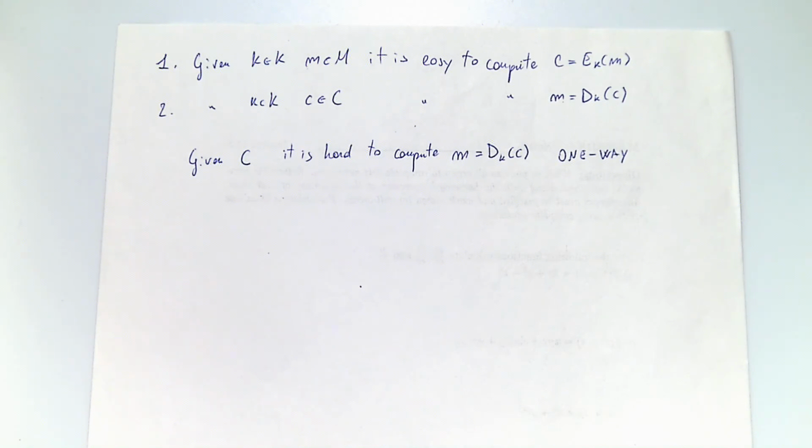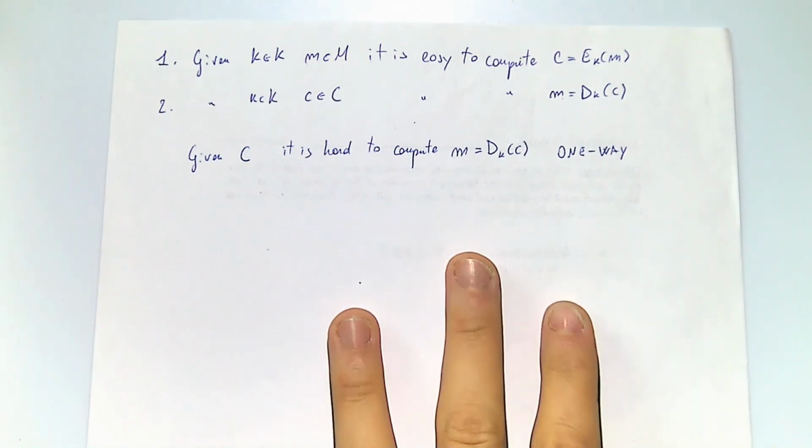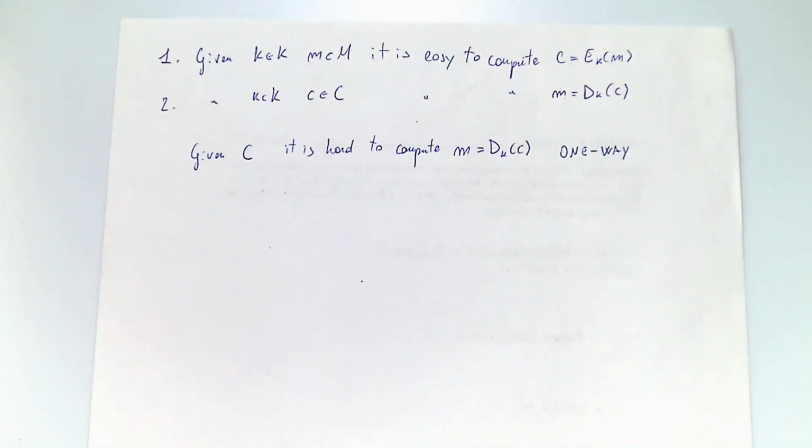As I said, we have more complex security requirements, which we will define in more detail later. Of course, the one-way requirement is the most natural one, right? Seeing a ciphertext, an encrypted message, you shouldn't be able to read it, to decrypt it, but we can formalize different attack models, and